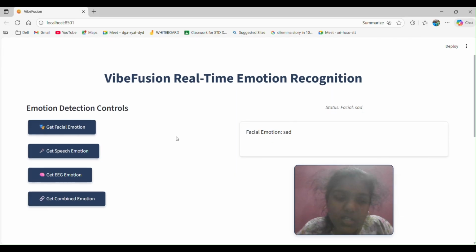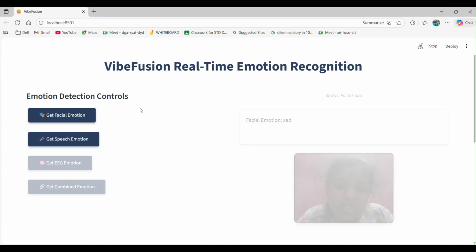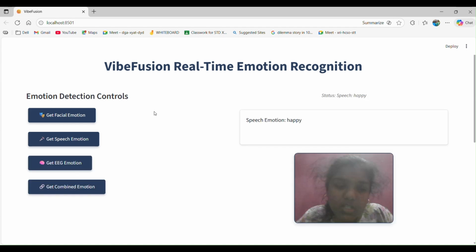So obviously same here, my frame is getting captured. Similarly, I'm just detecting my emotion using my captured frame. Here, speech emotion. When I click speech emotion, what happens? See, based on my speech, it is detecting